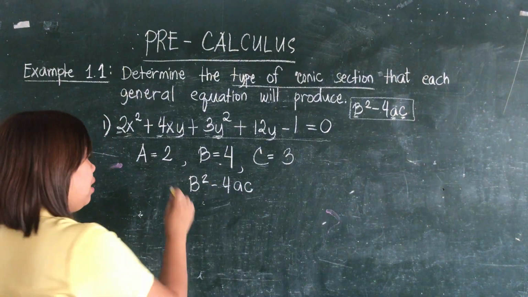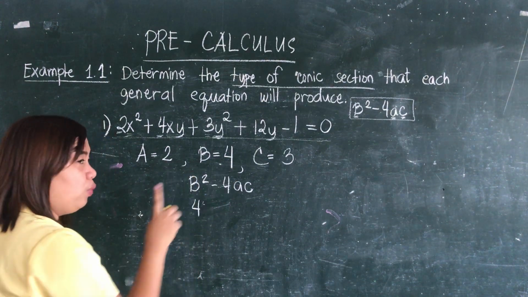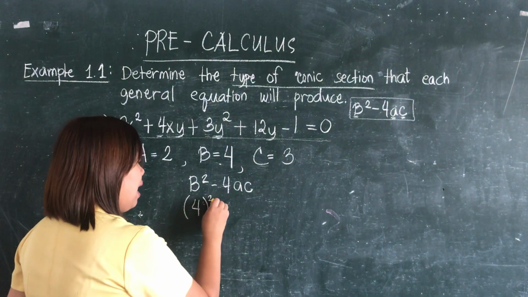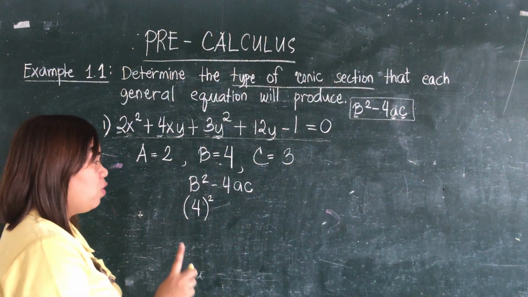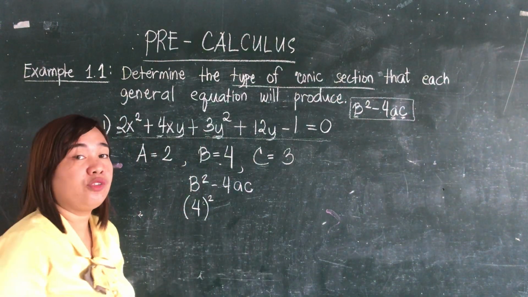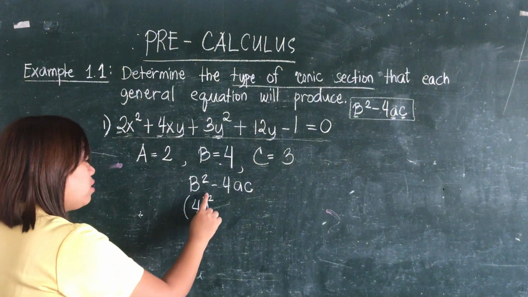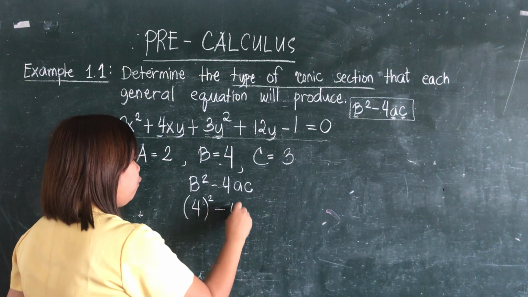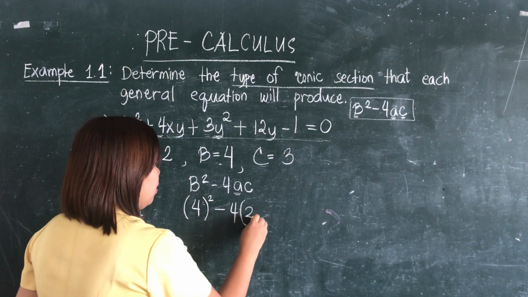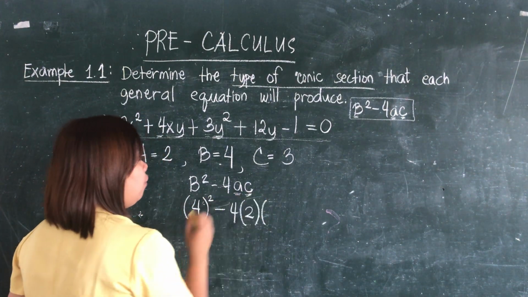Then substitute. The value of b is 4, so we put 4. Always use parentheses when you are substituting a certain value to avoid mistakes in solving, especially if there are signs. So 4 quantity squared minus 4, parentheses, the value of a is 2, close parentheses, open parentheses again,